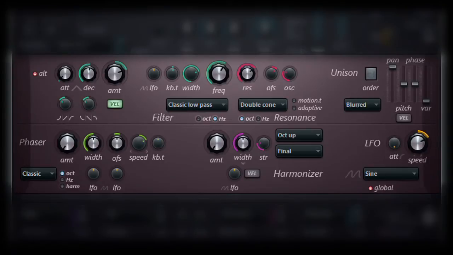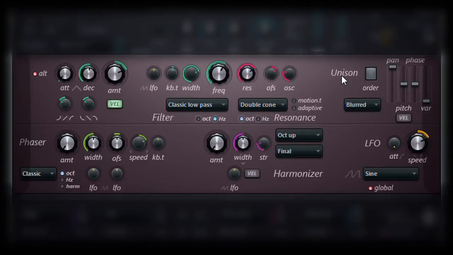sound. For those that do not know what Unison is or does, Unison is generally used to add thickness or body to your sound by splitting it and then applying a slight detuning to one or more of the split sources before being mixed back together. This process of detuning the audio is what results in the appearance of multiple sources and the increased body to